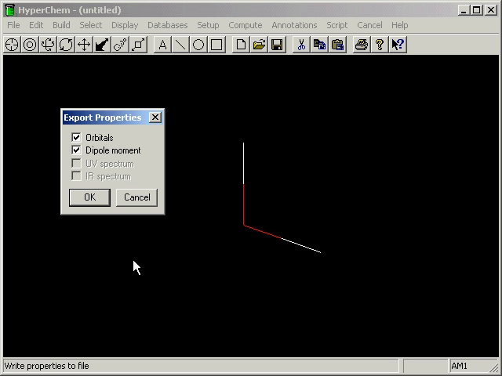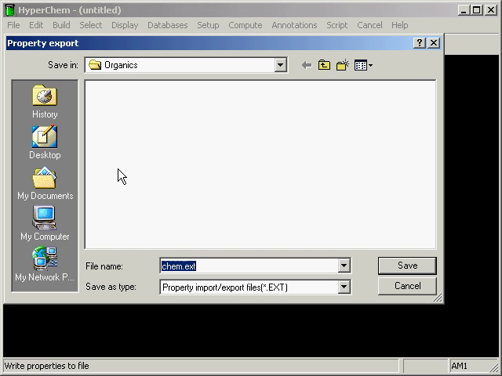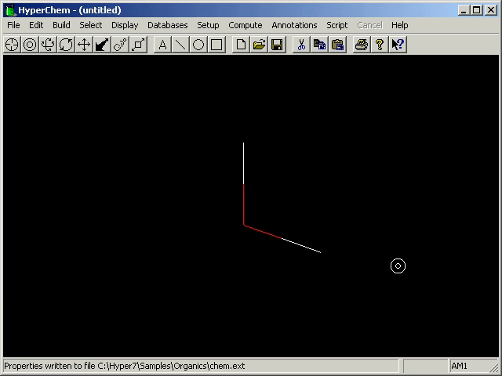When they're exported, they go into text files that can be read back in, imported again, or used in other programs. They're text files, and if you want to import some orbitals calculated by other programs into HyperChem, for example, you can do so because this is a text description of an orbital that's created in these files. So in this case, we just say that we want to export the orbitals, choose the file name. These are ext files that are created, and so we just give it a name, say chem.ext, save it, and